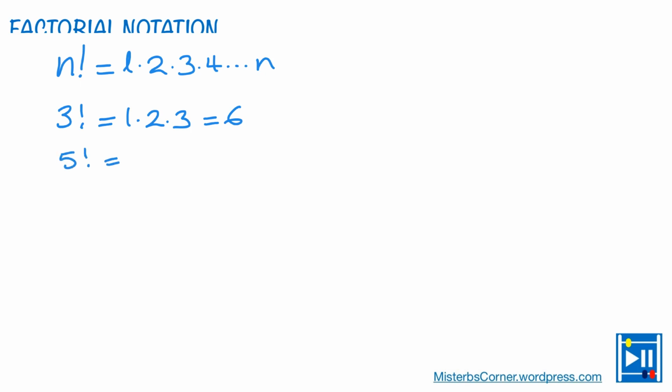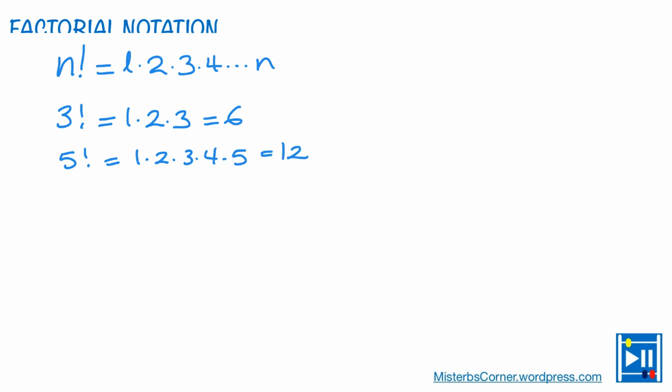So if I write n factorial, then I go like 1 times 2 times 3 times 4 times up to whatever n is. So if I go like 3 factorial, I write 1 times 2 times 3, which if I calculate, I end up with 6. And if I calculate 5 factorial, then I go like 1 times 2 times 3 times 4 times 5, which